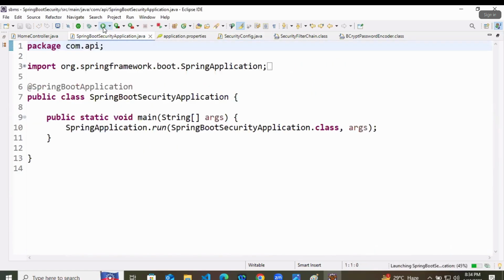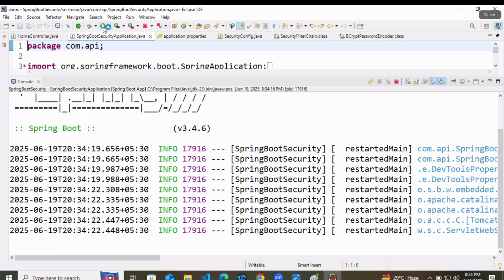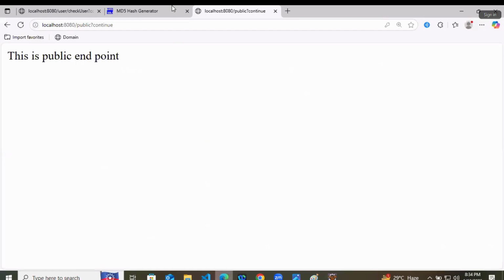Start the application. So we are not getting any warning from Spring Boot. Let's try to check all of them.